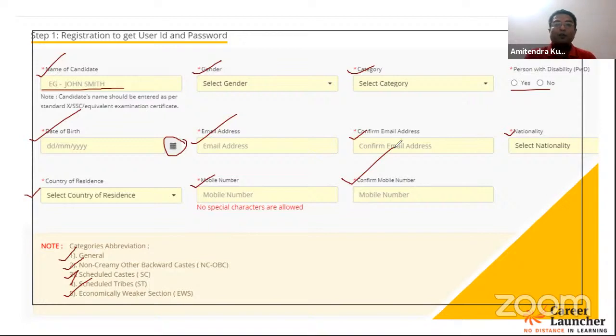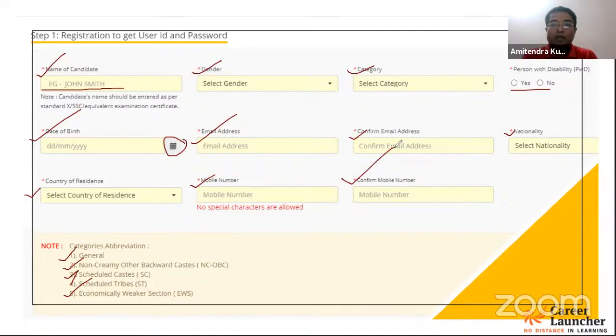So if you are the one who changes the numbers frequently for some reason or other, please be careful. My suggestion would be to use your parents' mobile number out here. So अपने father या mother किसी का mobile number दो यहाँ पे, which they are using right now, and they are likely to retain it for a longer time. No second thoughts about that. But yeah, why this number is important? Because any updates from here onwards, you will be receiving as a text message on this number, and this is the number where you'll also be getting your user credentials, which is your user ID and password.